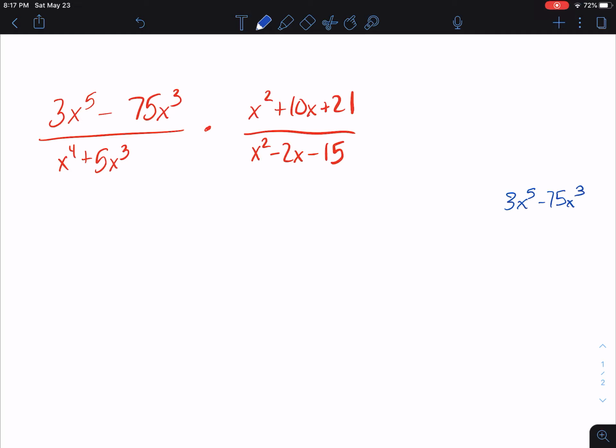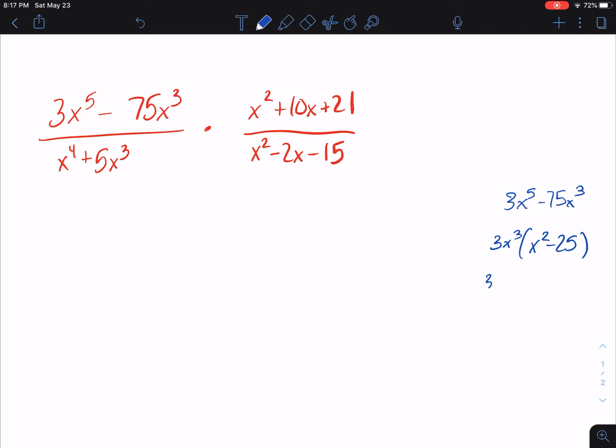So when I take out my GCF, it isn't just an x to the third, it's a 3x to the third, okay? 3 divides into 75. I really have to find the greatest common factor. That leaves me with an x squared minus 25. Now, normally we'd be done there, but x squared minus 25 happens to be the difference of two perfect squares,